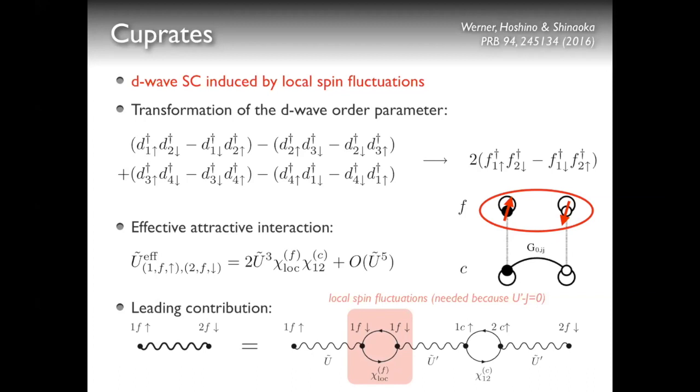And this has been explicitly tested. So we have evaluated this diagram with the Green's functions from the cluster DMFT calculation, and then one can really show that this diagram becomes strongly attractive as we go into the doping region where the superconducting solution appears. So I think this is not just hand waving, but actually a quite reasonable explanation.